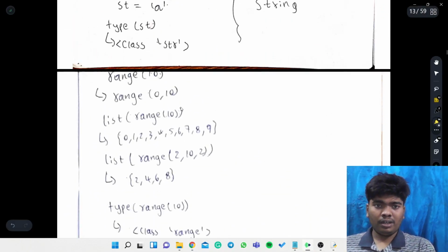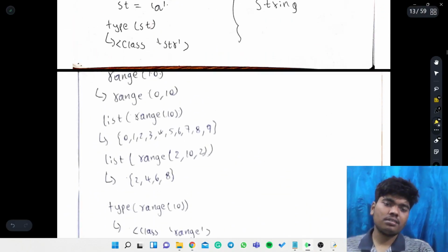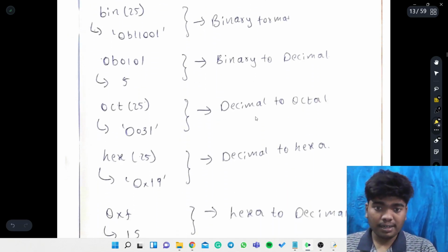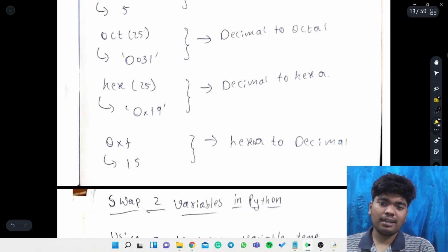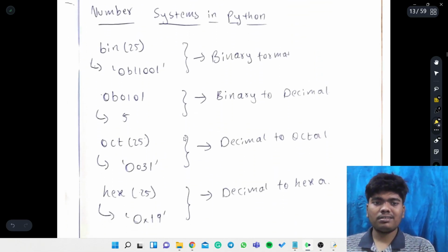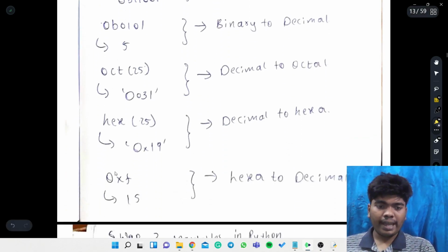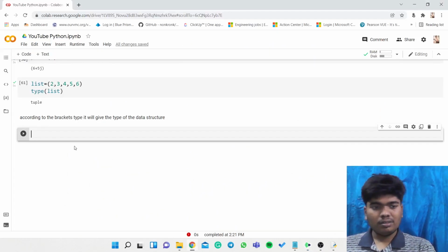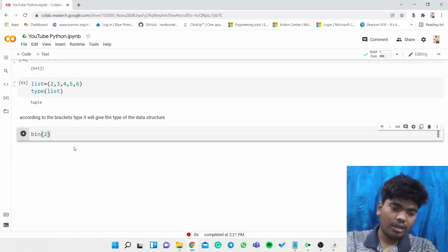Just understand this is a range which is used for the for loop. Now, number systems in Python: bin of 25 for binary format, binary to decimal, decimal to octal, decimal to hexa, hexa to decimal. We can convert the number into whatever is required. So oct, hex, bin, we can use these.